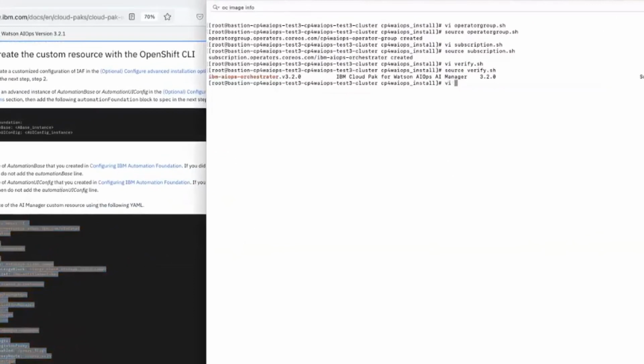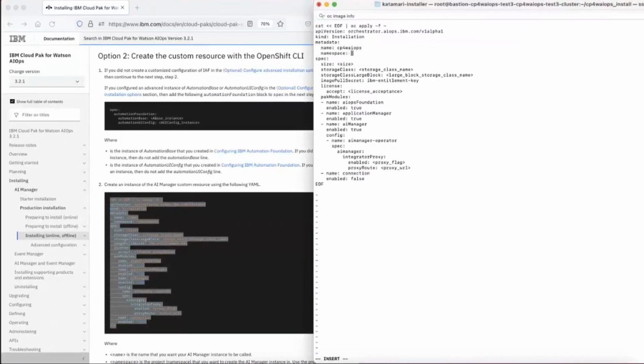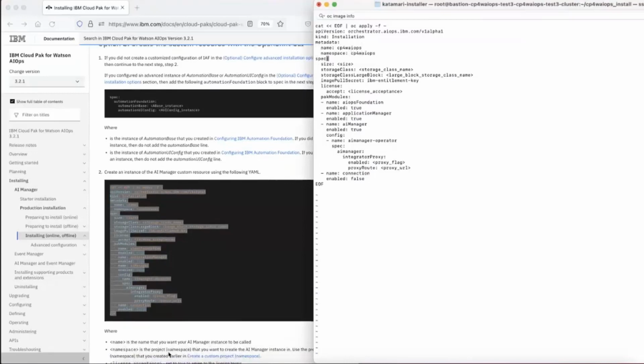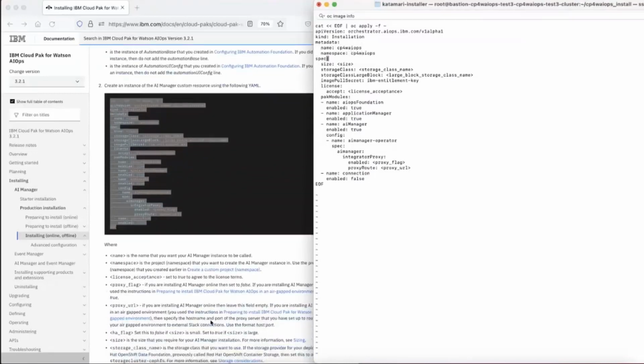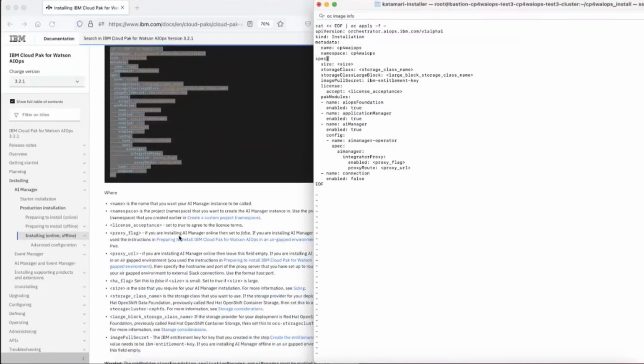Let's go edit some of the properties here that I'll need for my installation. So the first one's a name that I will choose, and then the namespace that we've been preparing up to this point. And these are presented to me in the documentation on the left. So I will look for some of the other info I have to populate here, such as license and proxy,